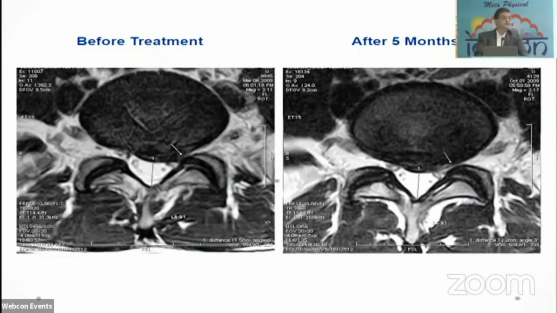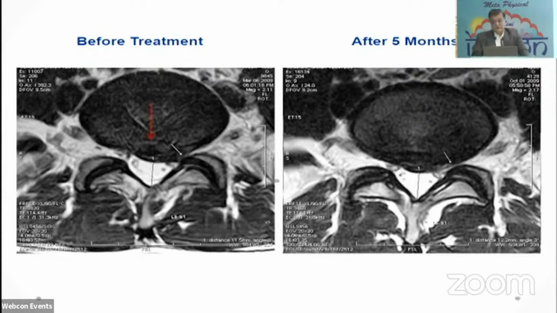Now another patient, a young boy, 25 years old, he came all the way from USA for the surgery. He was brought by one of my patients who was operated by me for lumbar spine problem. When I said, why not try, because I can relieve your pain, but I cannot give you function back. And he was working as a laborer in US, and he was removed from his job.